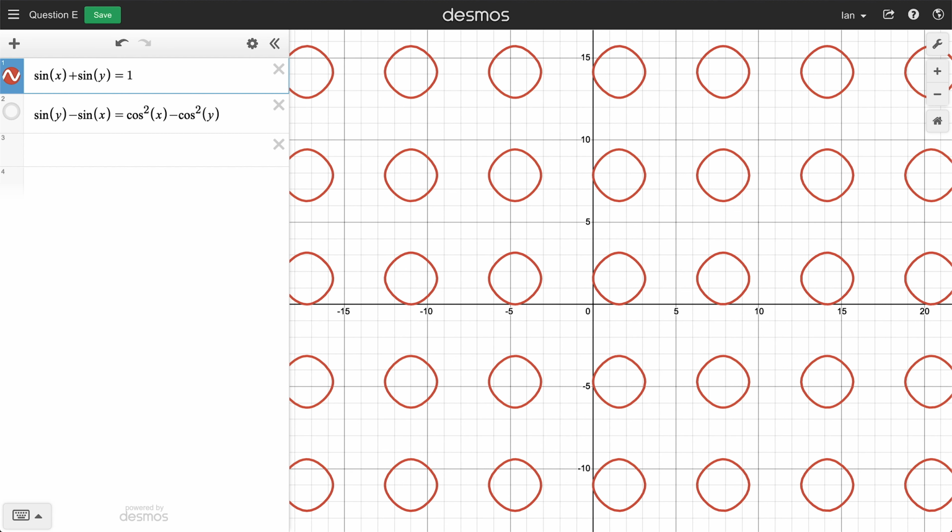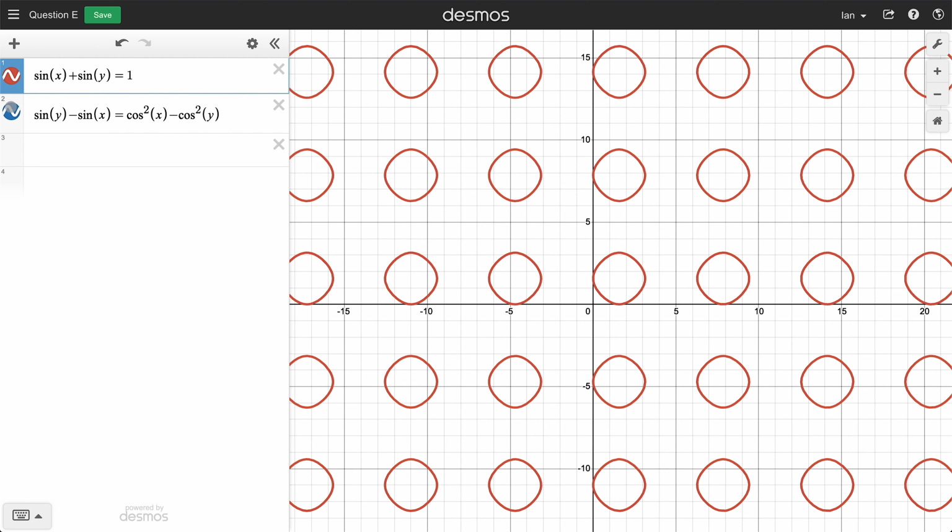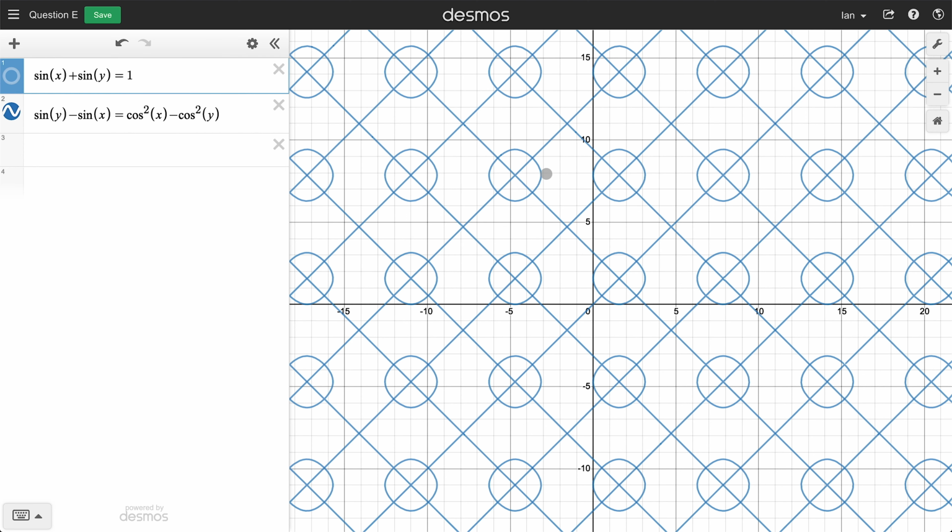But that obviously wasn't the only solutions to our problem. Our problem was originally this equation here: sine y minus sine of x equals cos squared of x minus cos squared of y. And we had these considerations where sine y equals sine of x as well, and that gave us these straight line solutions. These are the ones which we dragged out using a bit of logic and reasoning. If we go back to Desmos and plot that graph as opposed to that one, you can see we get that infinite set of straight lines along with